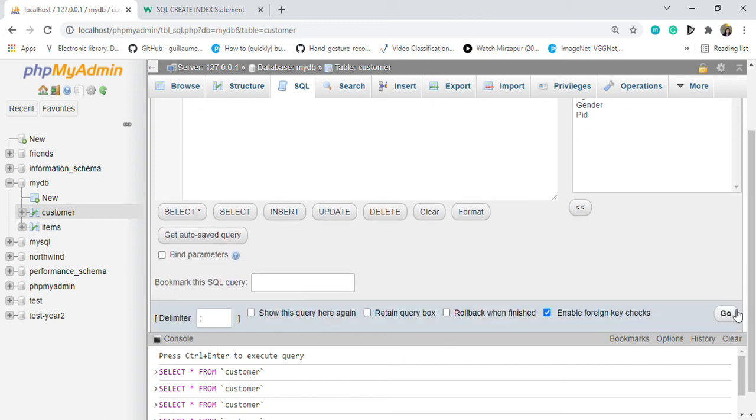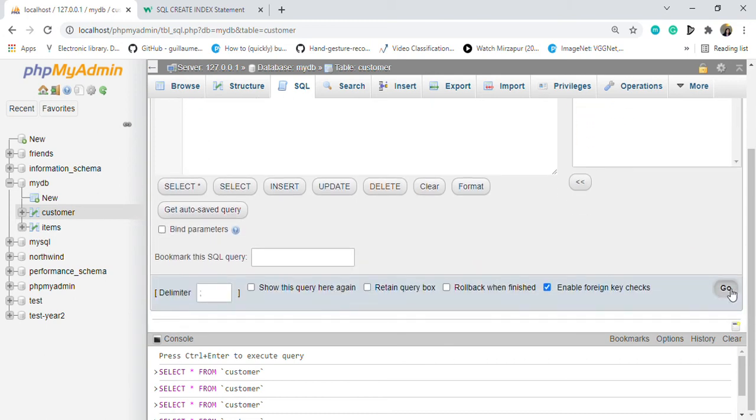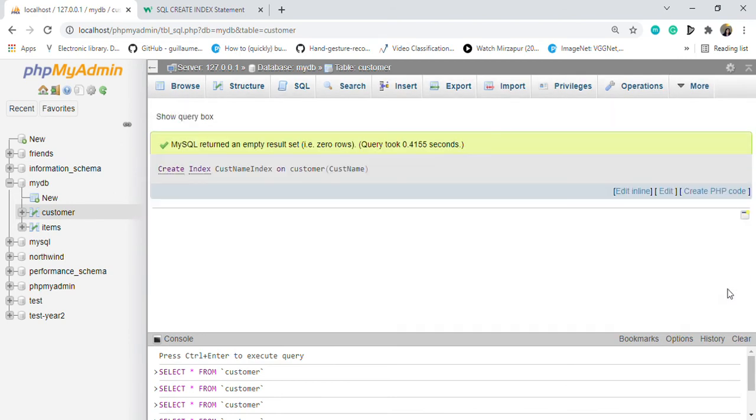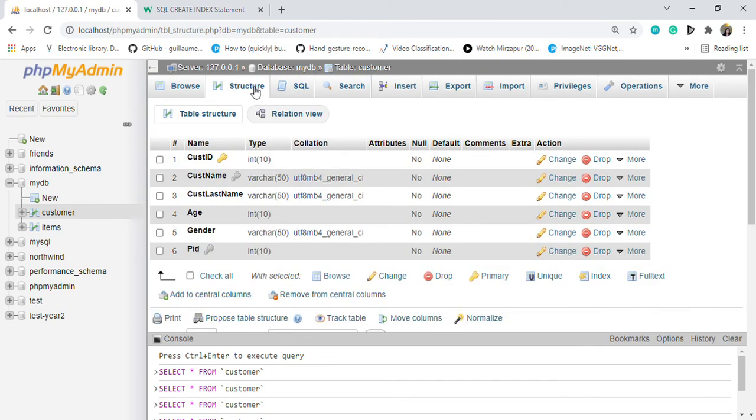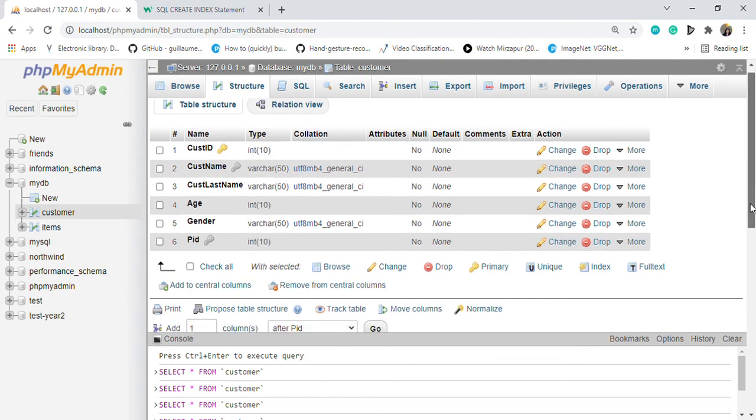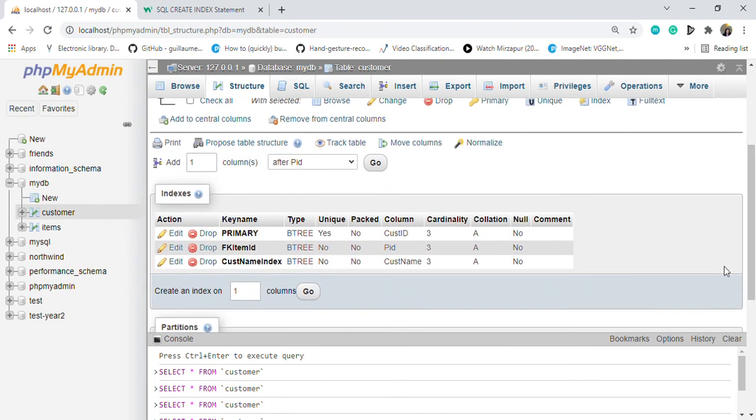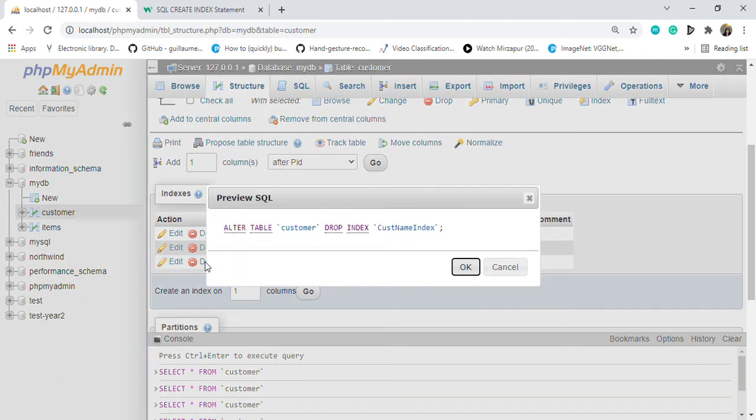Now if I say go, so it has created an index. Now in order to look, let's go into the structure. So you can see here that cust name index is created, right? Now I'm going to drop this. So drop meaning when you want to delete an index. So now what happens is that when you are writing select query, the database is going to search according to three indexes, right? So ID, foreign key, and as well as cust name. Now let's delete this